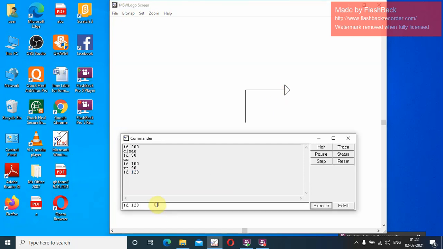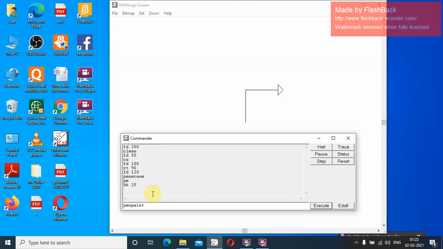So let me erase that. How to do it? Either you write pen erase or you write PE, then BK space 20. You have to erase only 20 steps, right? Now pen paint.